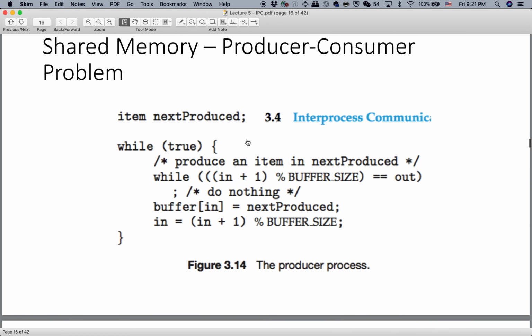And this is the code of the producer process. While true, meaning that this process keeps looping in each iteration of the outer loop. What it does is that the producer checks if there is no space in a warehouse or in a buffer, it just does nothing, keeps waiting. Otherwise,